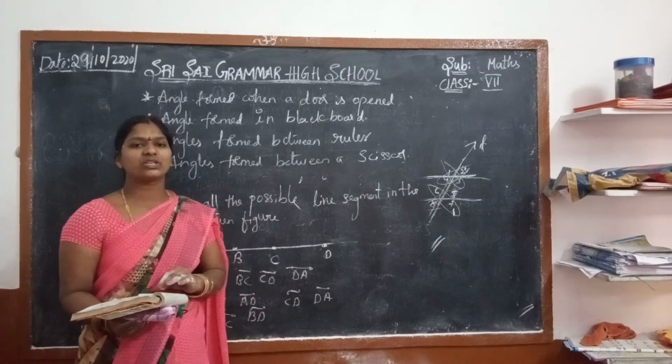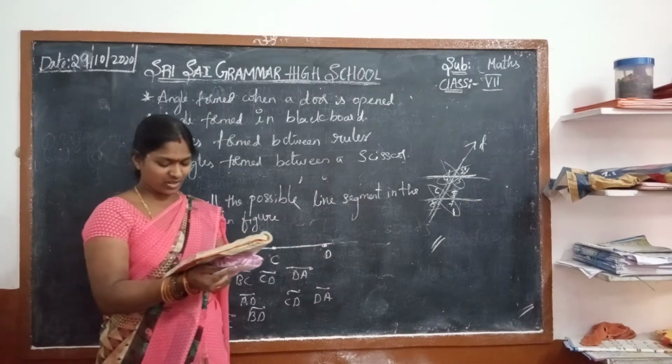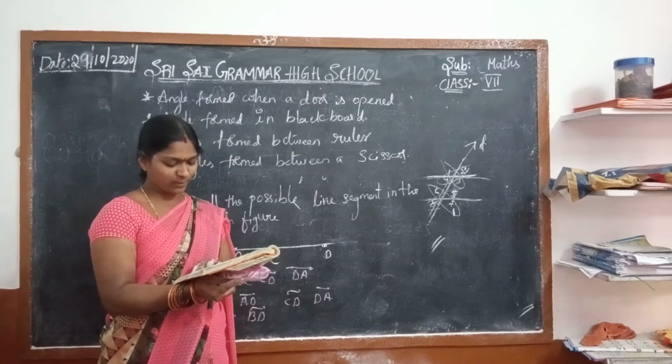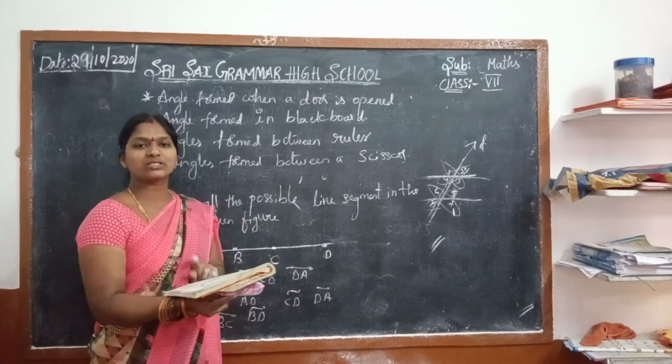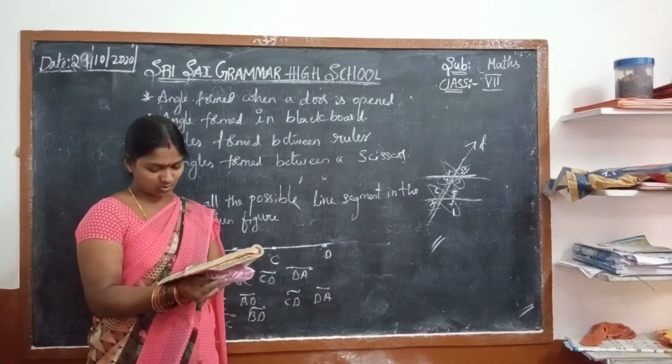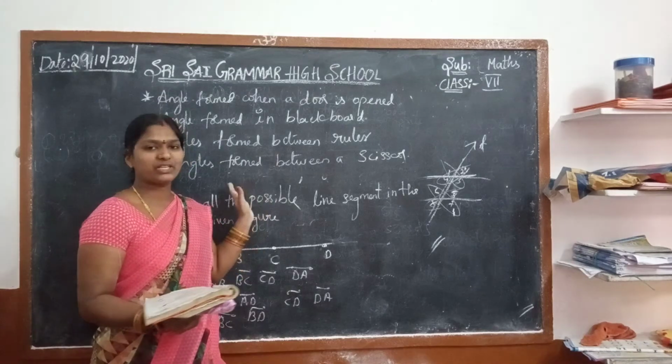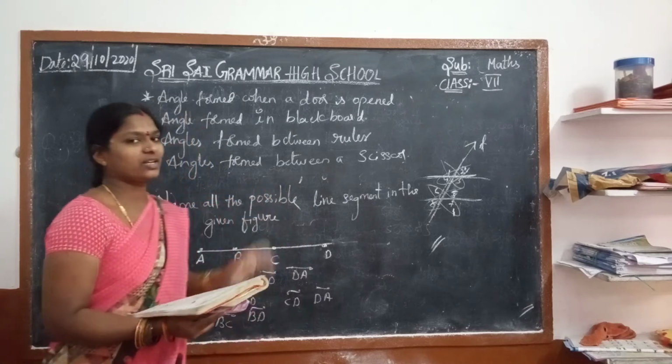Now we have to observe the given figure. So we have to find which are acute, which are obtuse, which are straight lines and also right angles. Now, if you complete it, I am going to write in the book. Shall I?